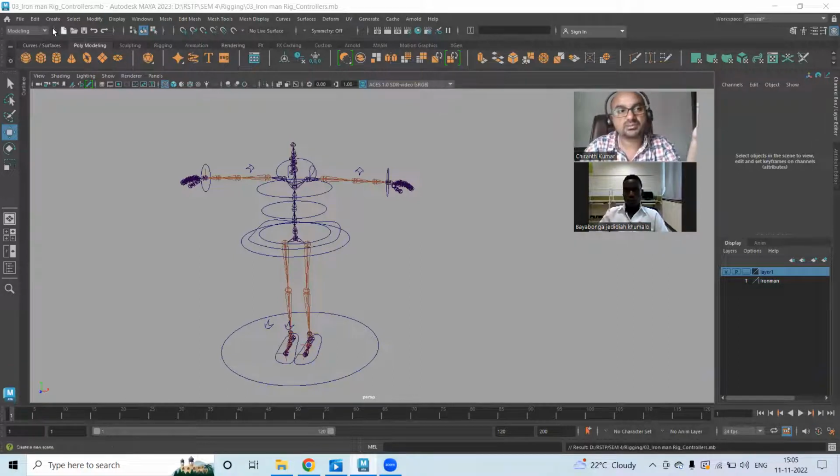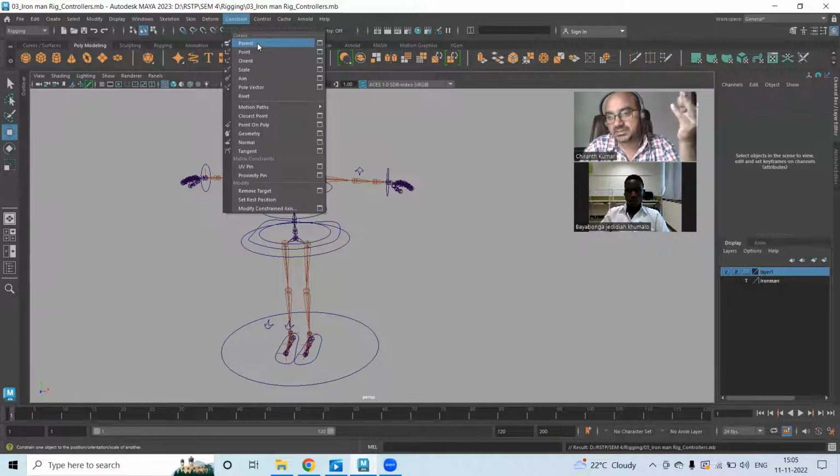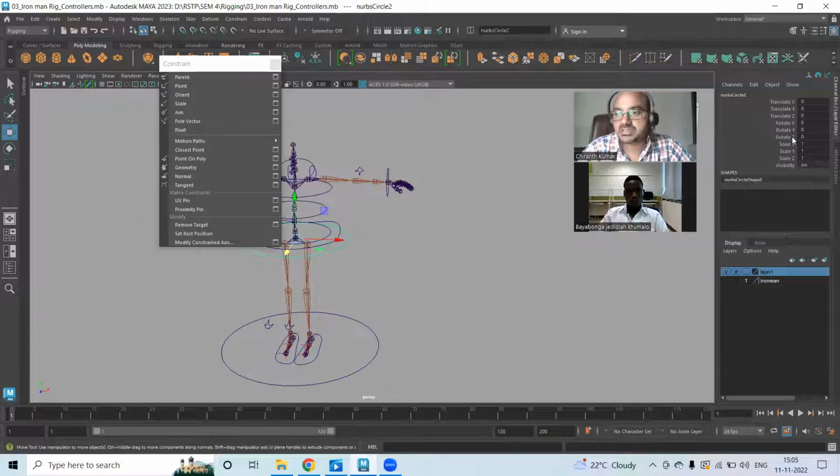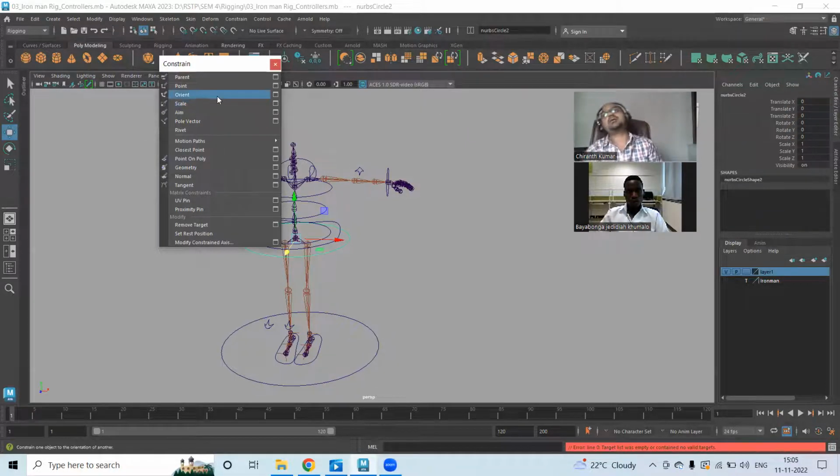As we all know, under constraint, we have parent constraint, which controls translate and rotation. Point constraint, it controls only the translate part. Orient constraint, it controls the rotation part. Scale constraint controls only the scale part. Parent controls both translate and rotation. Aim constraint is like